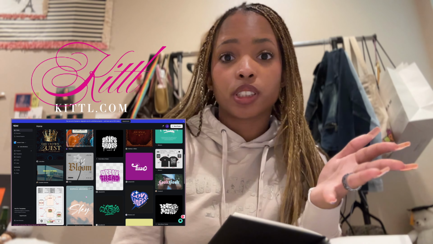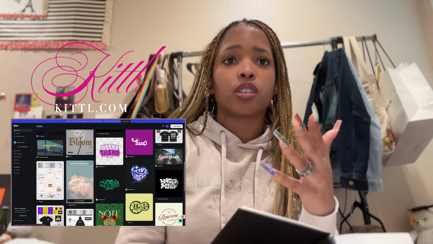You can use Kittl for everything. You can use it to design t-shirts. You can use it to send vector images to a distributor. You could use it for journal covers, you could use it for logos, you could literally use Kittl for anything. You could also pay for, I think they have Kittl Premium, and you can get, I think, better quality